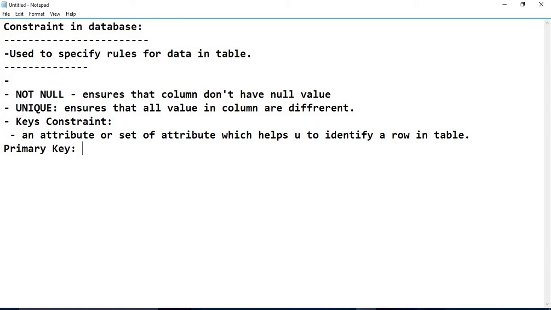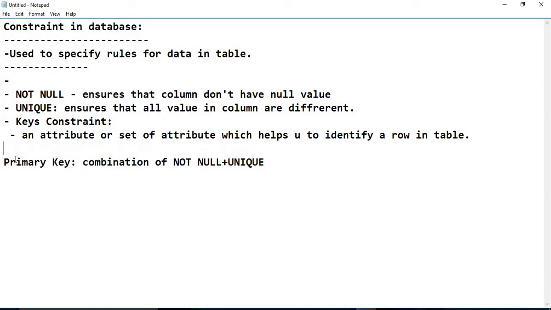Primary key constraint. A primary key is a combination of NOT NULL plus UNIQUE constraint, and it uniquely identifies each row in a table.